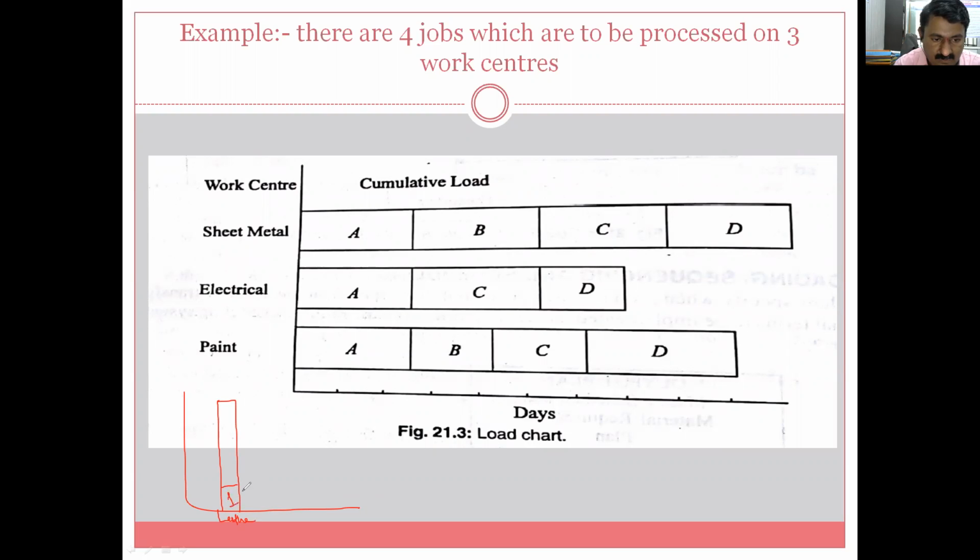This is job number 1, 2, 3, 4. It is the category given to those particular jobs. Then here you can say the number of days. So like this, you can go for the complete month calendar. So you can say this is the December month calendar, and the number of days are there.